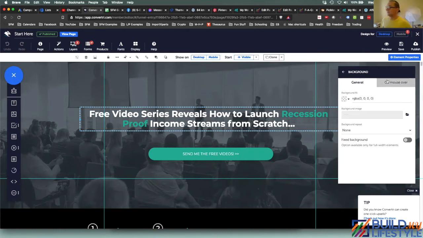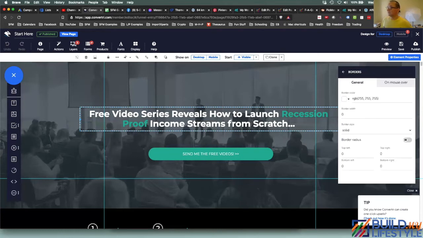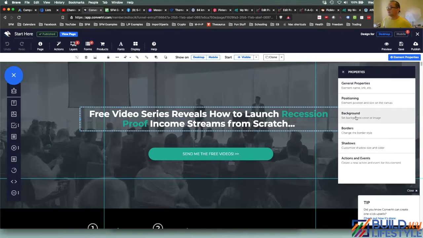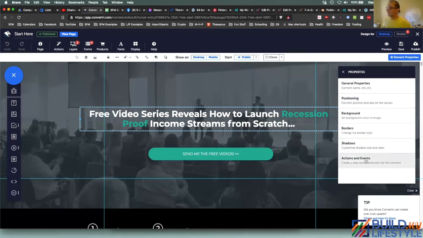You can change everything on mouse over as well. So when your mouse hovers over it, it can change. You can position it. You can basically drag it around. I'm not going to mess this web page up. You can say how big and where it is. You can put borders on this element. Obviously, each element has slightly different properties, but this is the basic part, which is common to most of the different elements. You have your shadows. You can put all your shadows in there,